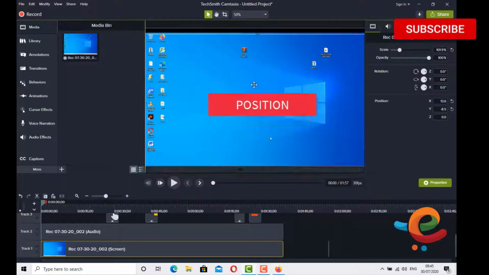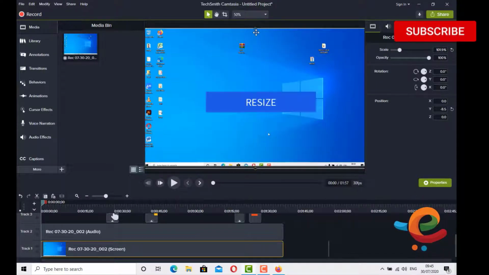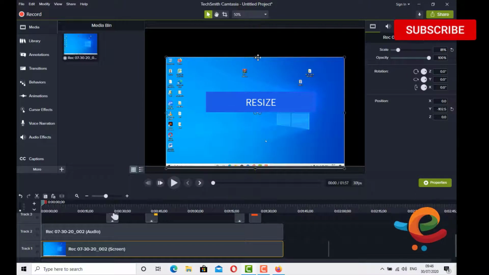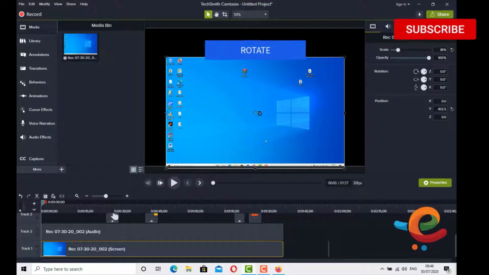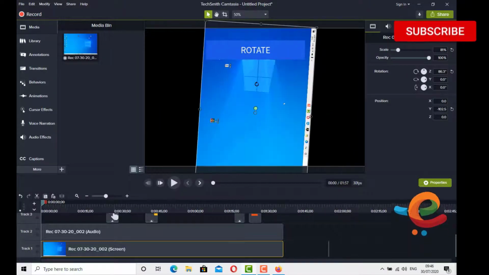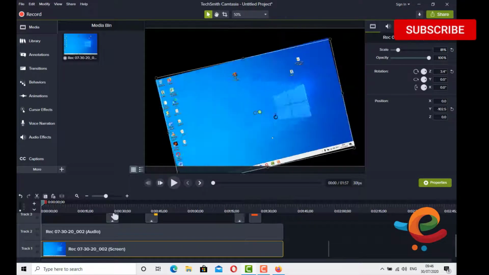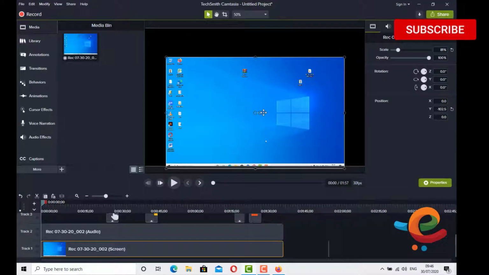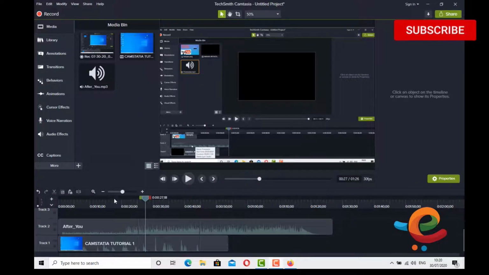You can position, resize and rotate the content. Here you can see the zoom slider is available.